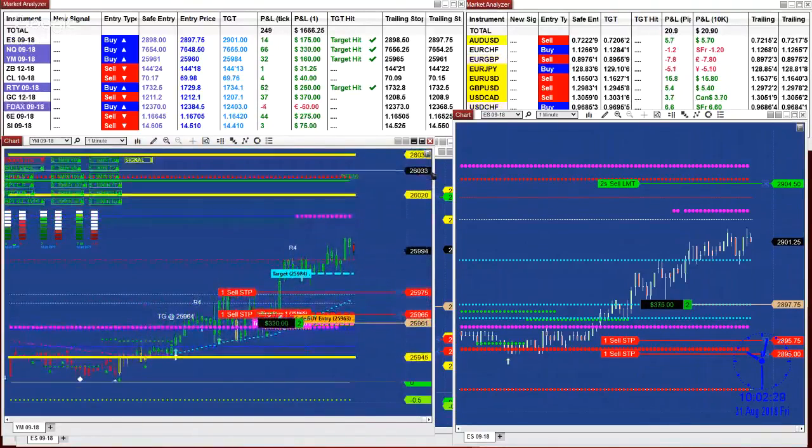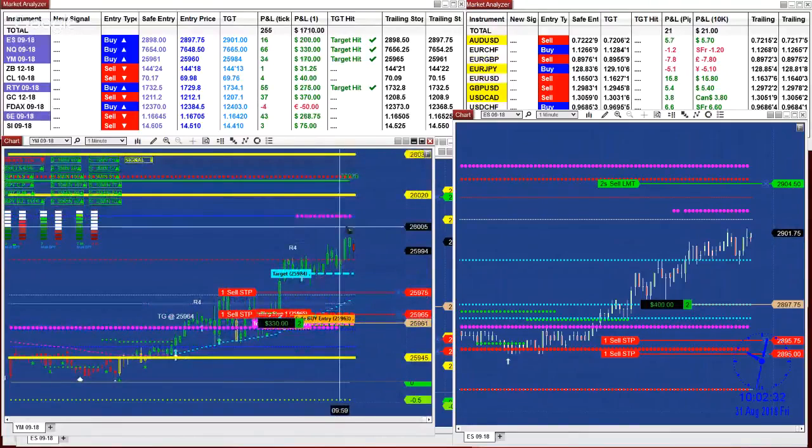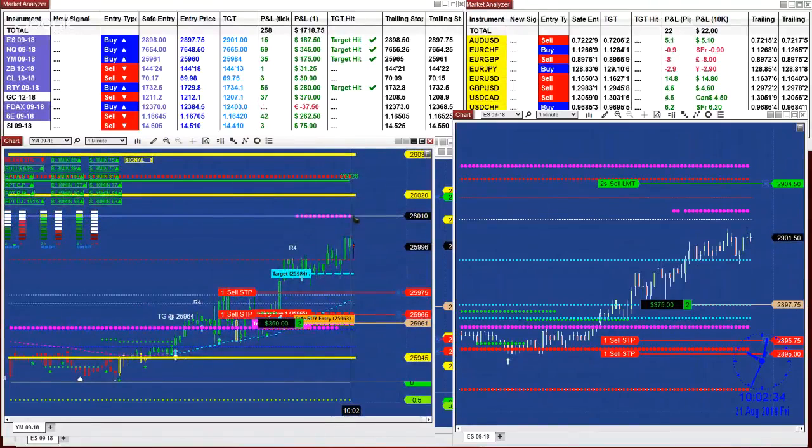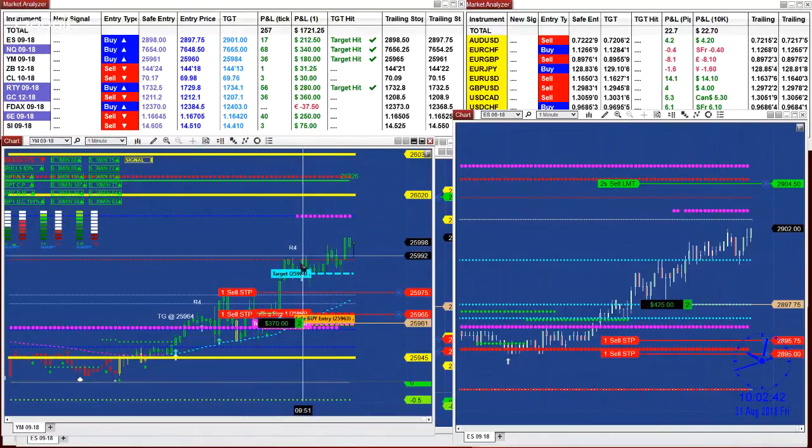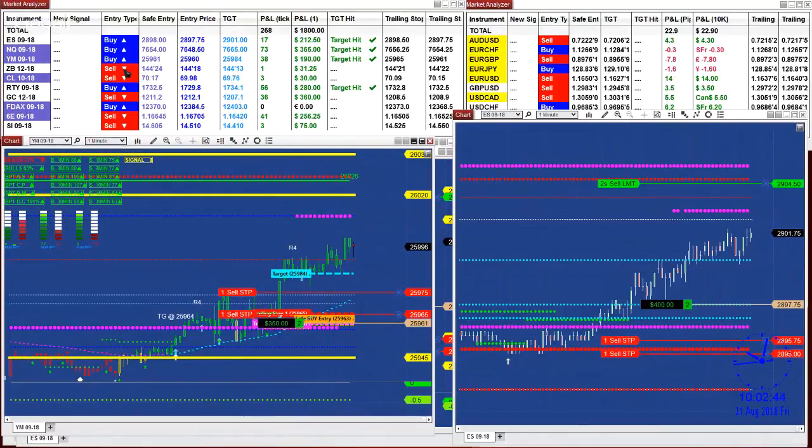We are hoping that this market is going to go a little bit further. And now I know I need to keep my eye on the 6010. So there is a big difference between that number and that number. I know we hit the target. If we look at the market analyzer, we already nailed the 35 ticks on that target, and we nailed